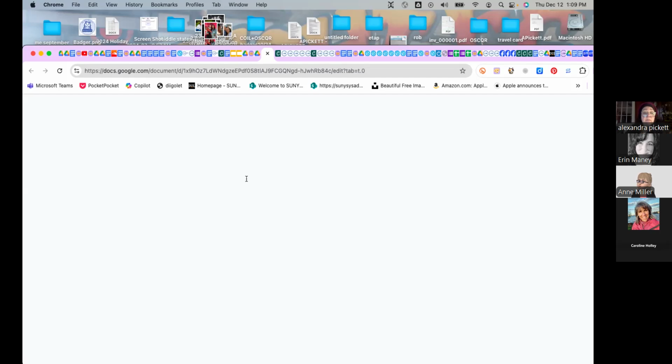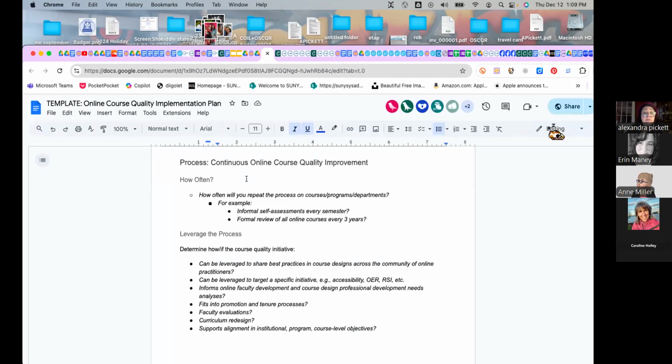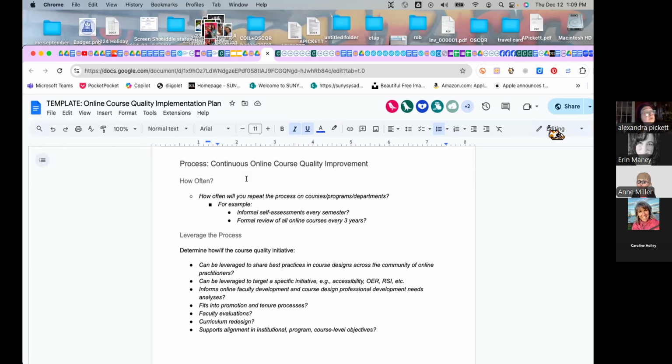So process of continuous improvement, I guess, is where we're at. So you want to think about how often you're going to repeat your course quality review and refresh initiative, what's contextually relevant. And again, is it informal? Is it formal? Does it happen every semester? Is it something that's larger scale and happens every 3 years? And then you want to make sure to